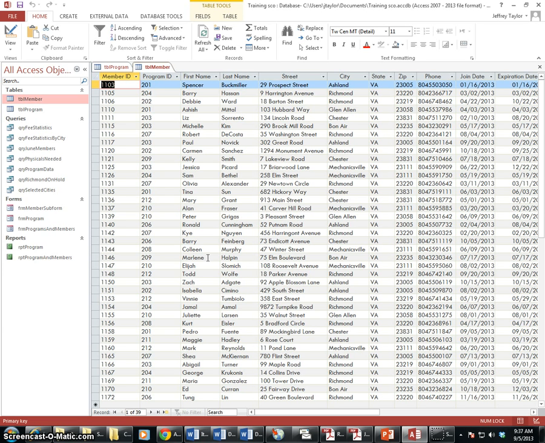So in short, our join date field must be before our expiration date, which makes sense. You can't join something after it's expired. But typos do happen, so that's why we need to set this validation field for the table. So we'll go into the member table,